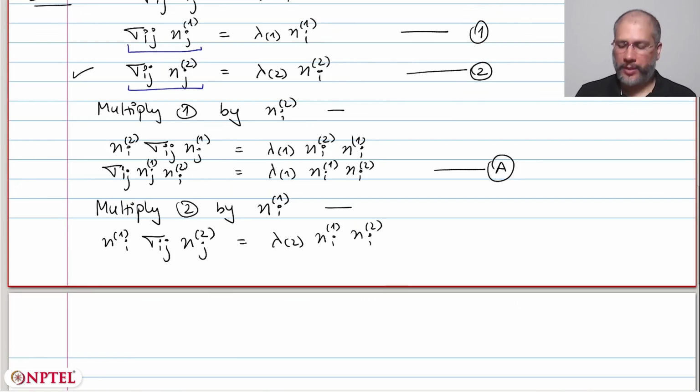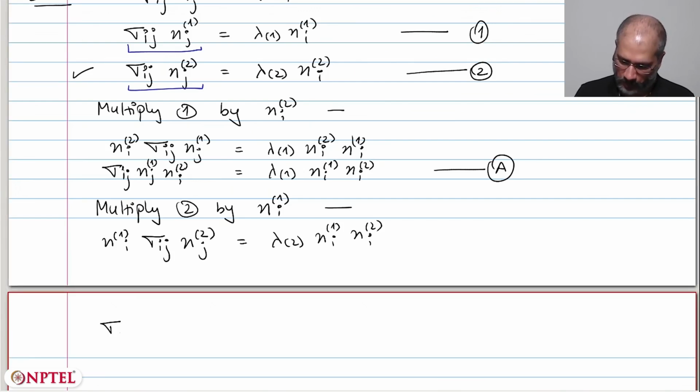Also note that when we are doing this multiplication, we are doing some sort of a contraction in the sense that earlier the equations were vectors on both sides, but after multiplying it becomes scalars on both sides. So we are reducing the order, but that's completely allowed. That's again the beauty of indicial notation along with the summation convention. Now let's move the sigma to the left. So this becomes sigma ij times, I'll write the n1 first, n1i, and then we have an n2j equals lambda 2